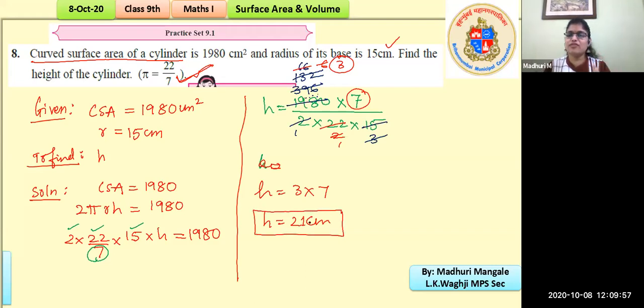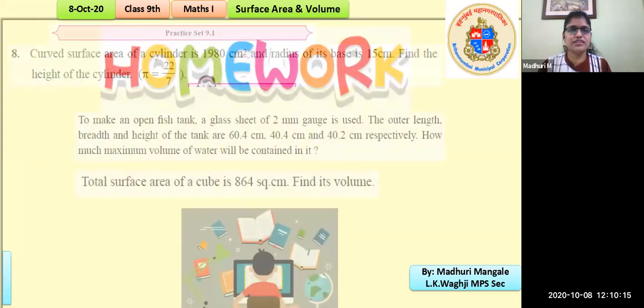So be very careful with the calculations. They can be done in a real easy and smart way, instead of simply multiplying, getting large numbers, and then getting stuck while dividing. So try it out, and you will really find this easy. I hope you all have understood everything for this class.